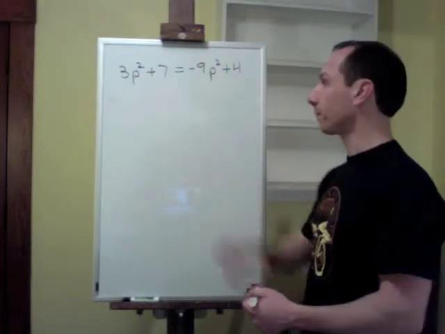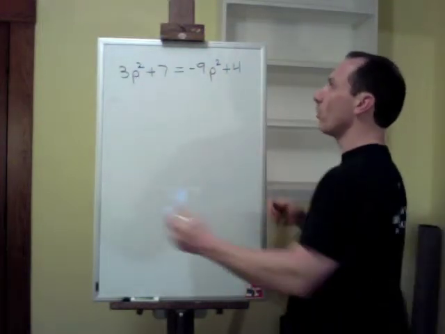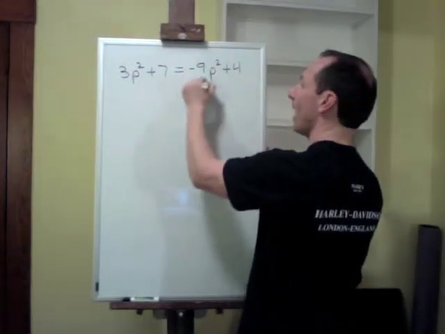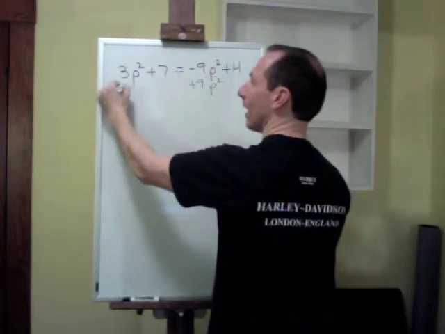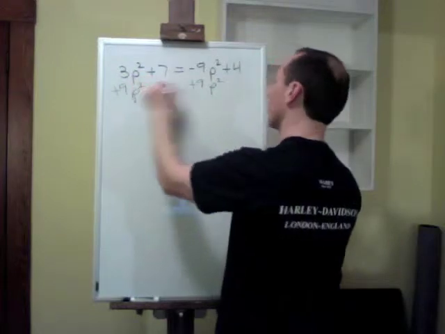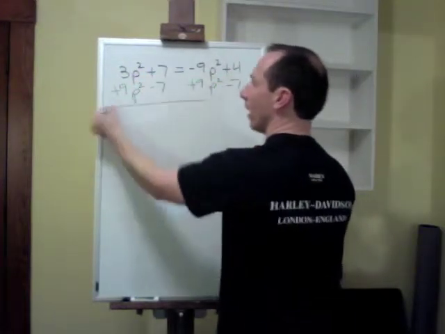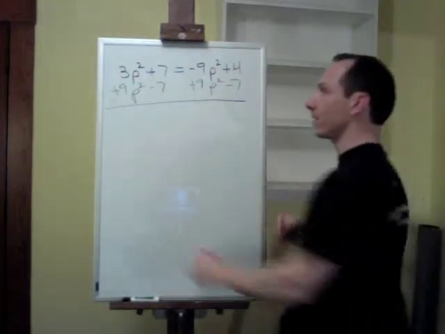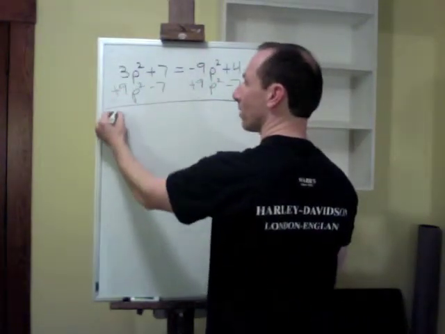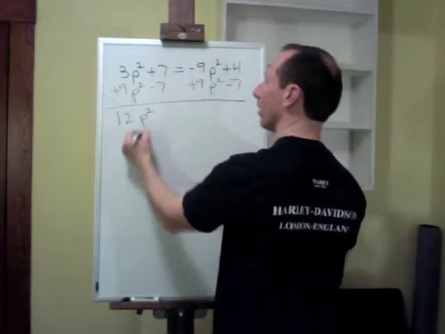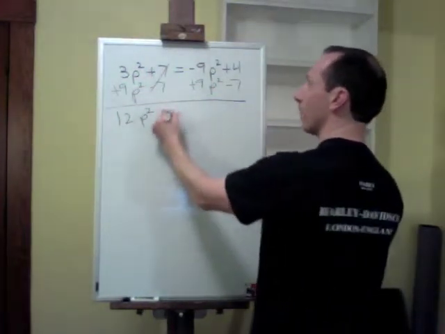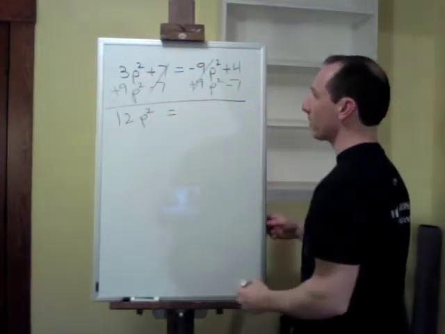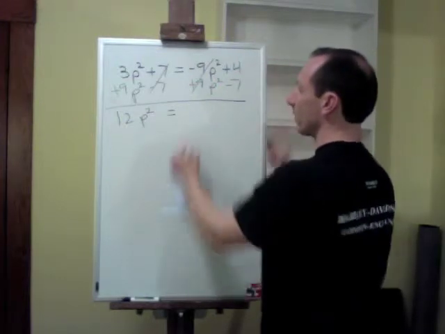So when I want to use square roots to solve, what I want to do is isolate the squared value, in this case p squared. So I'm going to choose to add 9p squared to both sides, and simultaneously I'm going to subtract 7 from both sides, and thus beginning the separation of my quadratic term from my constants. 3p squared plus 9p squared is 12p squared. 7 minus 7 goes to 0, negative 9 plus 9 goes to 0,